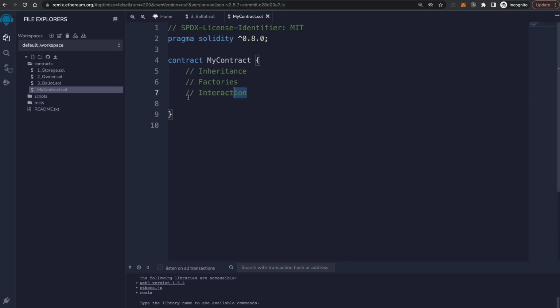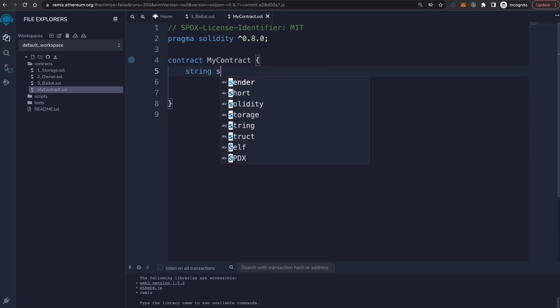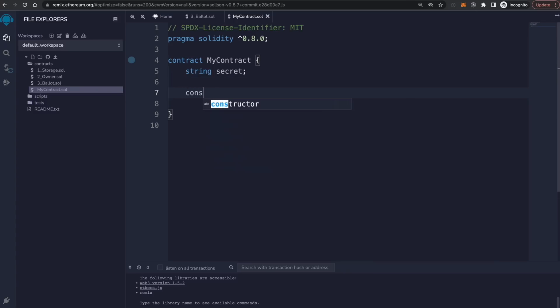All right, so let's move this out of here, and then we'll just take it out. What we're going to do is create a contract that stores a state variable called a secret. So let's say string secret. All right, what we're going to do is basically store this on chain and only allow a certain person to read the secret. So we'll set the secret like this. We'll say constructor, and we'll say string memory _secret. All right, we'll pass it in whenever we deploy the contract, public. And inside of here, we'll say secret